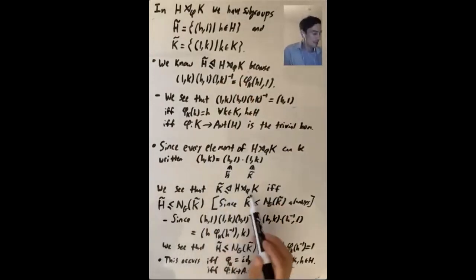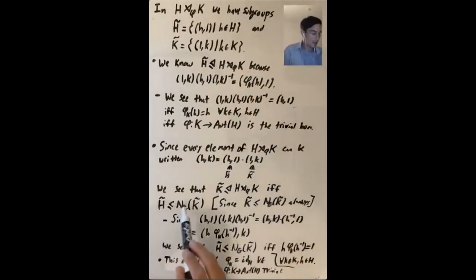OK, so now let's see. What do we have to check? We have to check, is H tilde in the normalizer of K tilde? What happens when we conjugate an element of K tilde by an element of H tilde? So let's just see. (H, 1) times (1, K) times (H, 1) inverse. Well, (H, 1) times (1, K) is (H, K). And (H, 1) inverse is (H inverse, 1). So what we get here is (H phi K(H inverse), K) over here. So when is this in